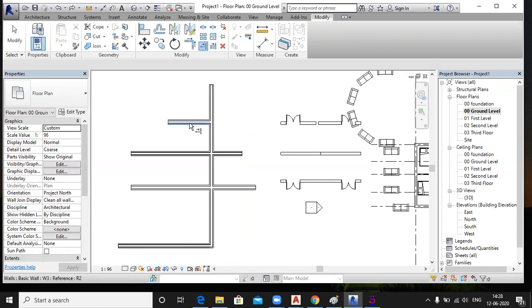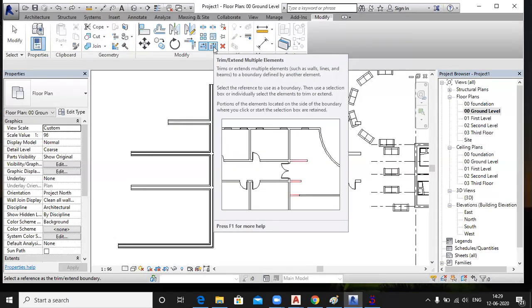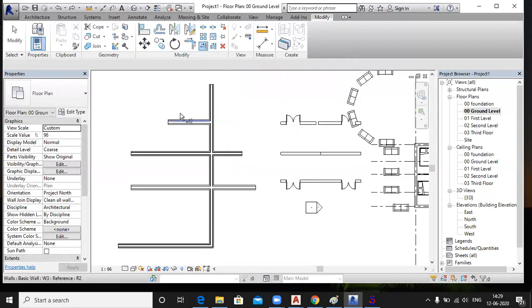Yes. In the next command we have the multiple trim or extend command, right? In this only this wall will be deleted, not this, like this. See, but in this command you select this wall which is intersected by multiple walls. If you want to delete them one by one, just click like this, right?